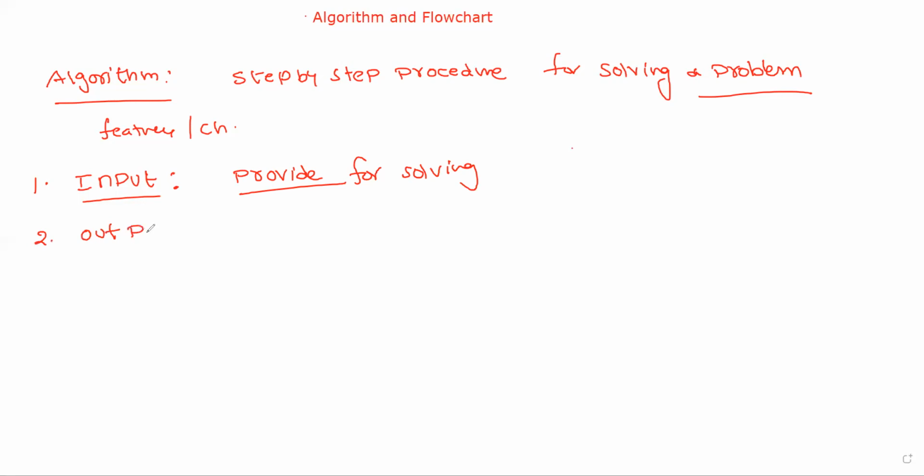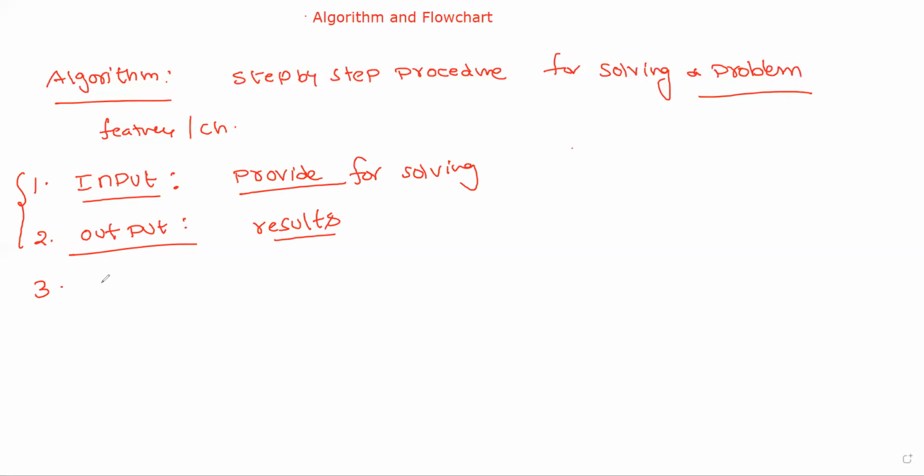And one more thing is output. Output in the sense, after completion of the problem, what it produces. That means simply the results. After solving the problem, it produces some result. The result is called output. This is the basic criteria: I give some information to you, you perform some operation and produce some output. But in between these input and output, we have many points.